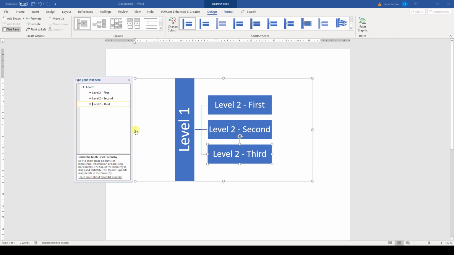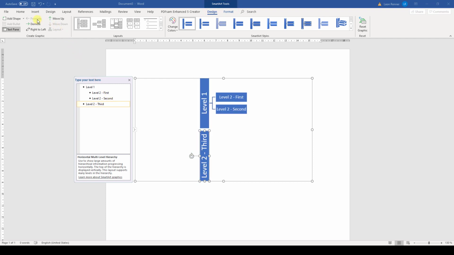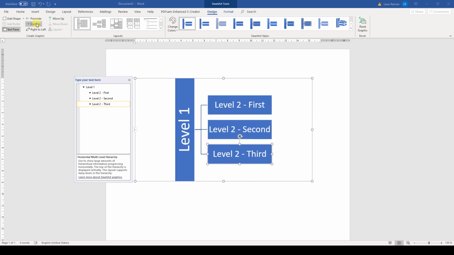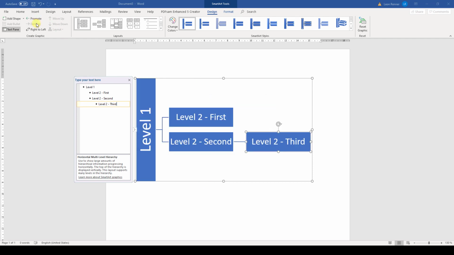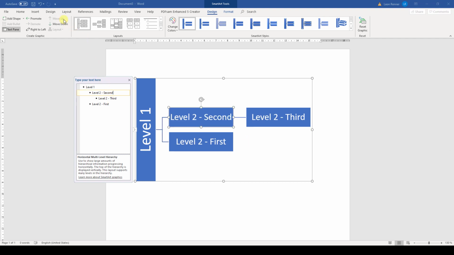If we want to change the level of a bullet point, we need to click on its line, go to the Smart Art tools and there to the Design tab. Now we can either click on Promote to move the entry upwards in the hierarchy, or we click on Demote and the entry will move to the bottom of the hierarchy. Inside a same level of the hierarchy, we can also move the objects up or down by using the corresponding buttons.